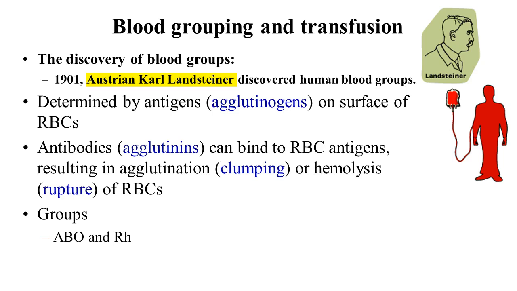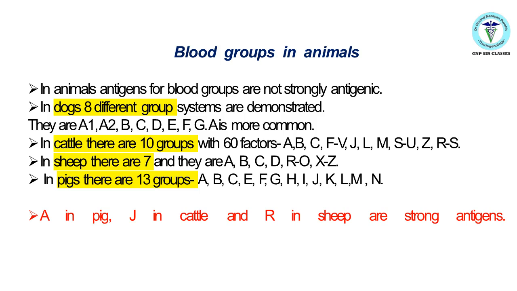The discovery of blood groups by Karl Landsteiner revolutionized blood transfusion. Blood groups are determined by antigens on the surface of RBCs, with antibodies causing agglutination or hemolysis if incompatible blood types are mixed. Blood groups in animals vary significantly, with different species having unique antigen systems. For example, dogs have 8 blood group systems, while cattle have 10, and pigs have 13, each with specific antigenic